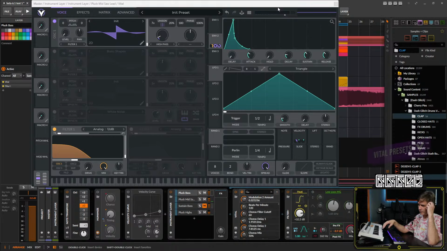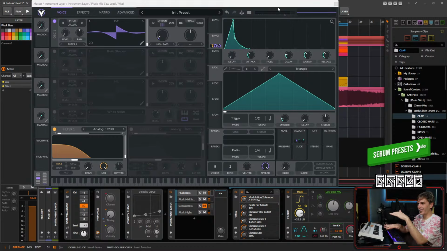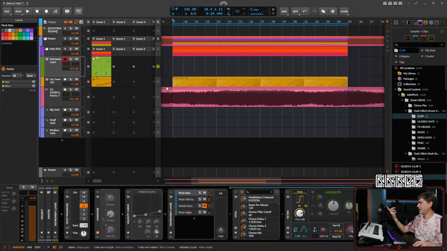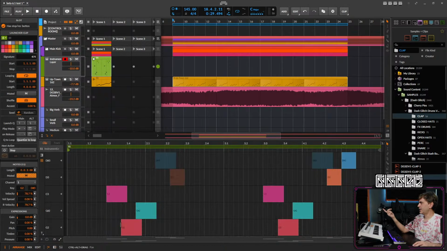Sometimes it's nice, when sketching out ideas, to just link a bunch of instances to a single MIDI track, because then you can just play and you hear the full frequency sound. Do you know what I mean? It kind of feels like playing one of those arranger keyboards where you play a couple of notes and you hear the full thing. So I usually sketch out a drum beat and have a bunch of stuff linked to a single MIDI channel like that. So I put in a MIDI thing going here that was repeating,